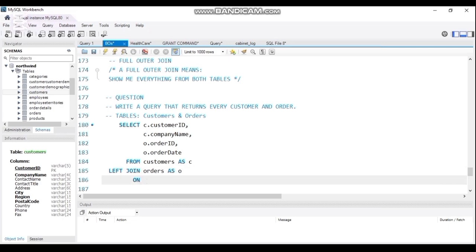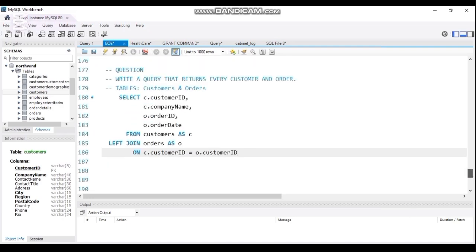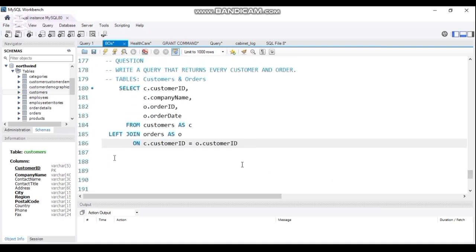So let's quickly join them. We are joining the two tables based on the common ID, which is the customer ID from the customers table, equals the customer ID from the orders table. This is the first segment of the query. We have just done the first segment of this query, and the next thing to do is to put our